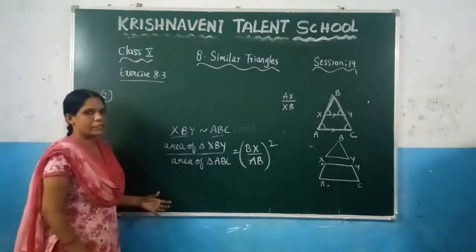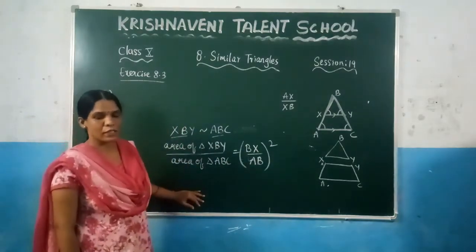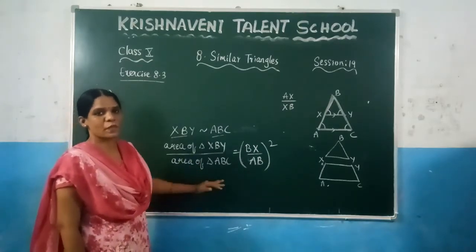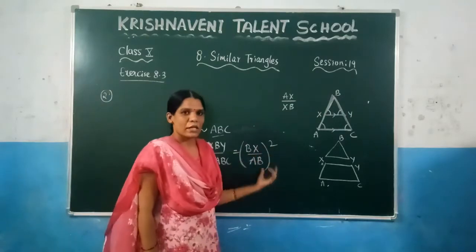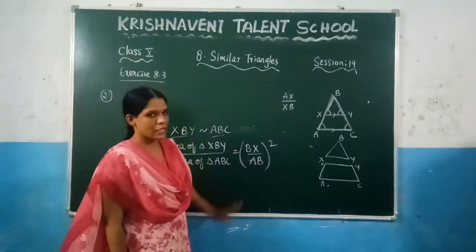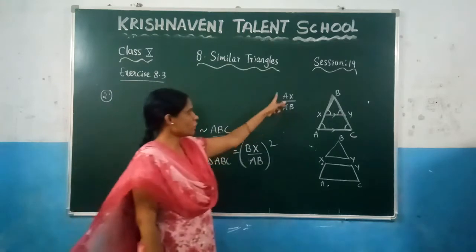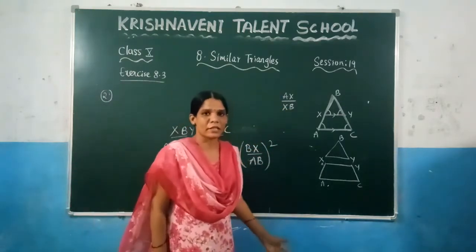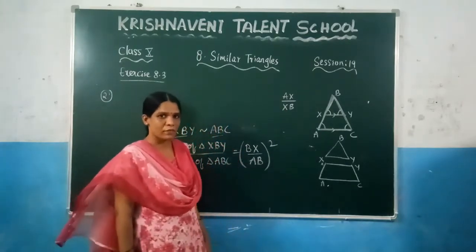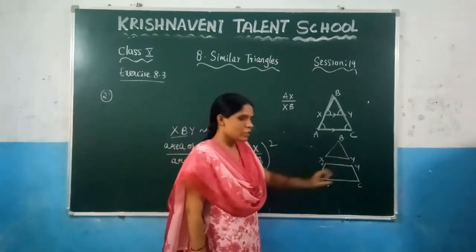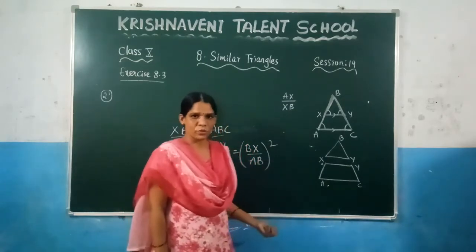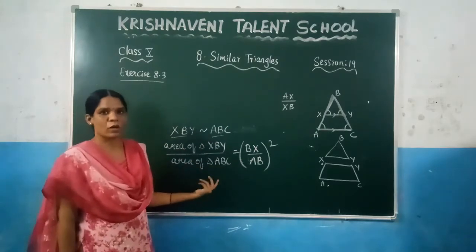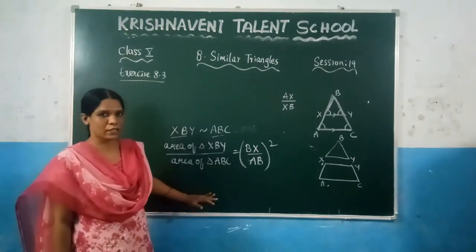Right? Here what we got, since these two triangles are similar, you can take the ratio of the areas of these two similar triangles. This must be equal to the square of the corresponding side. So here we got like this. Based on this, you need to find the value of AX by XB. Now we are going to use the properties they have given in the question. What they have given here, this area is equal to this area. Right? Now we are going to use that so that you will get the left hand side in the form of some numerical value. How you are getting, let us see here.